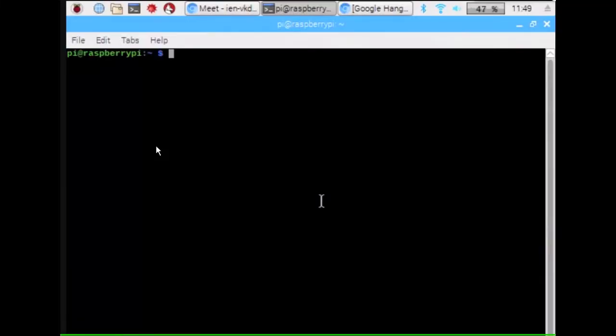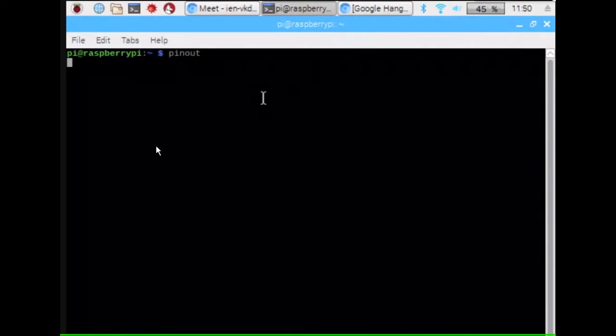To start with time display on your 4-digit 7 segment LED display, we have to first of all check it out. Open a terminal, type pinout and press enter. After pressing enter, you will get the structure of your Raspberry Pi.